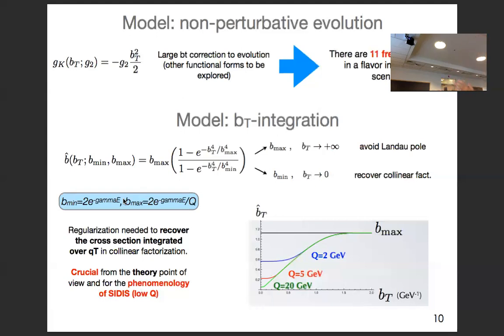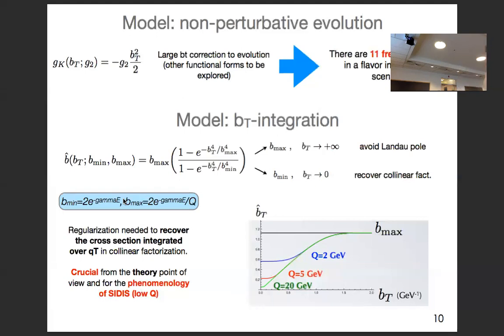Our integration variable is always from 1 GeV to q, in such a way that for most of the integration region, b hat is equal to bt. So this is almost a straight line here, and it saturates rapidly to b min and b max. Of course, this is a crucial point both from the theory point of view and for the phenomenology,